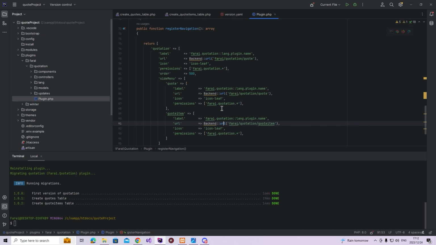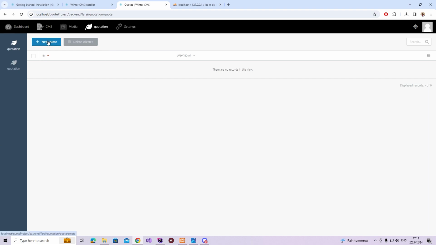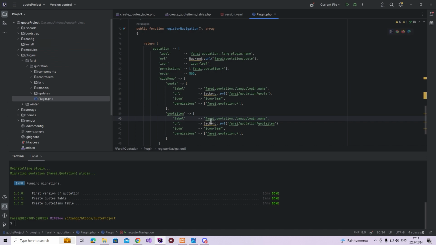And then after I've done that, I should be able to see quote item in here. So if I do this, it should be visible there, quotation. If I click there, I should be able to see quote, quote, and then here I'll come into there just so that it doesn't look weird. Quote item, and then I'll say quote here. And then I will change the icon leaf to,